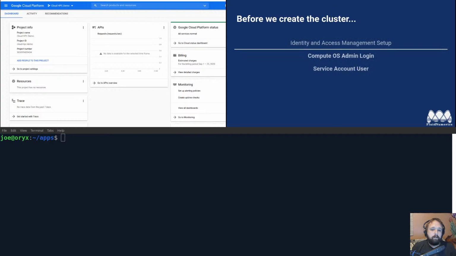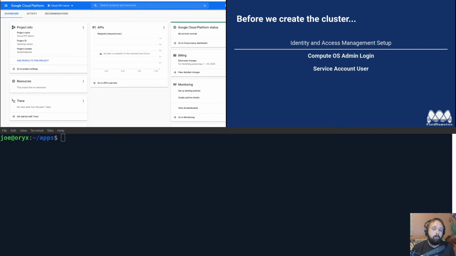The next thing you want to do, we're going to configure what are called identity and access management policies. These are rules on your Google Cloud Platform project that can protect your resources. You're essentially aligning different roles and permissions with Gmail addresses or G Suite accounts, any registered user essentially on Google